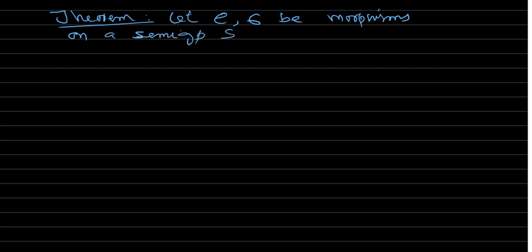Let rho and sigma be morphisms on a semigroup S such that rho is a subset of sigma. Then we have